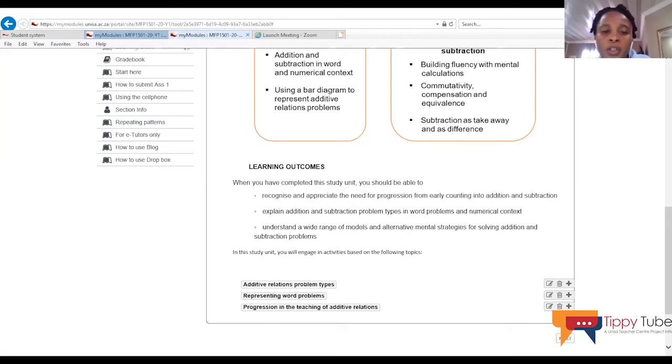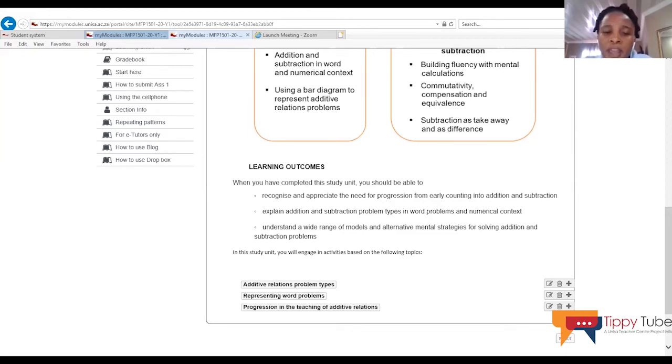So let's go to the division situation. With the division situation, we are saying to you, it is important, especially at foundation phase level, to start teaching division with simple context. We shouldn't be abstract yet with foundation phase learners. For example, when you say to the learners 15 divided by 3, a foundation phase learner might just raise the eyebrows and say, what are you saying, ma'am? So now we need to make sure that we simplify this as much as possible so that our learners do not hate mathematics. Remember, most of the learners start to hate mathematics at foundation phase level because they feel mathematics is difficult. So it's our duty now as teachers to make sure that we make it simple